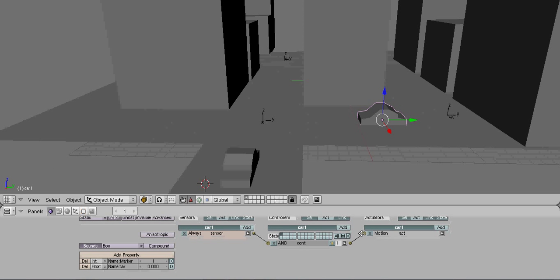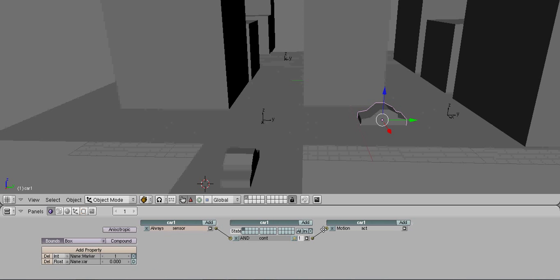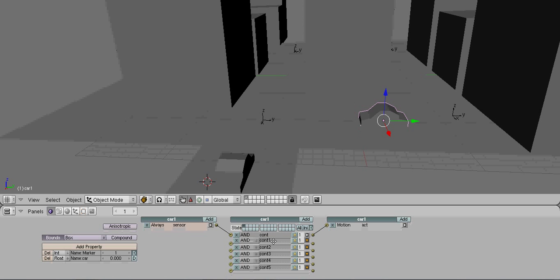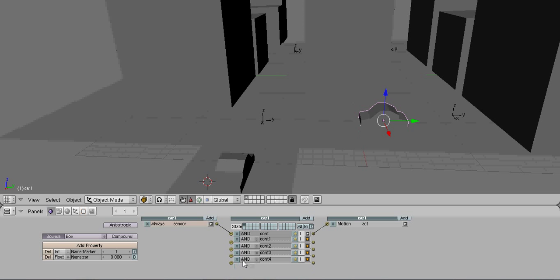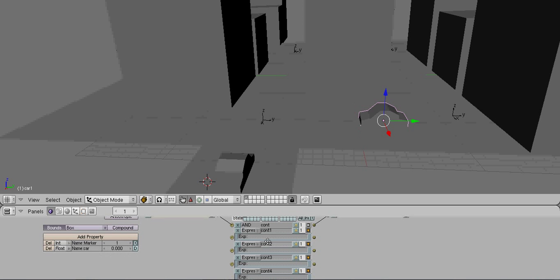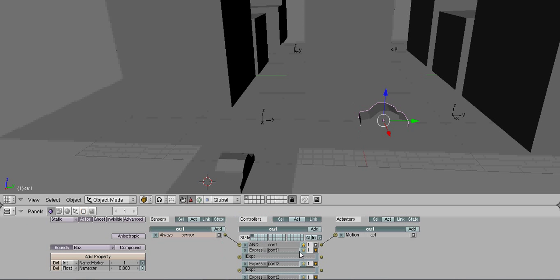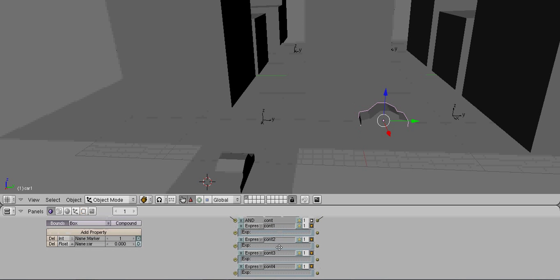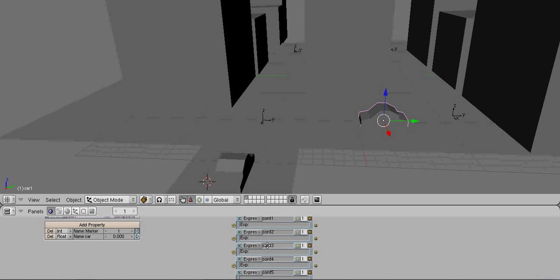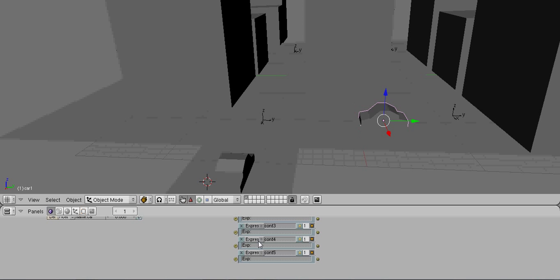Now we are going to make the Track To system, or the pathfinding. What you want to do is add 5 more controllers. Now make each and every one an expression. Right now, all the controllers should be an expression except the very first one we made. Alrighty, so now that you have 5,